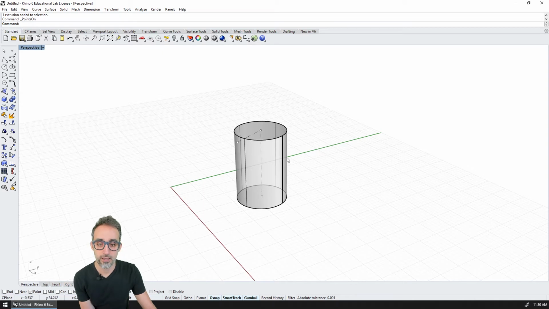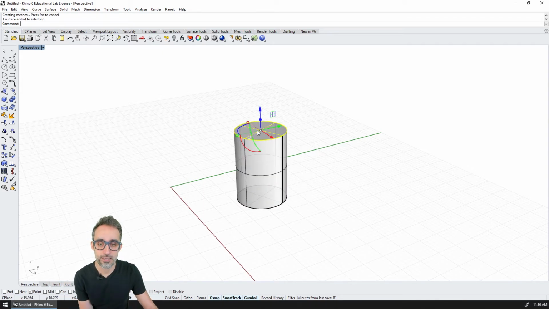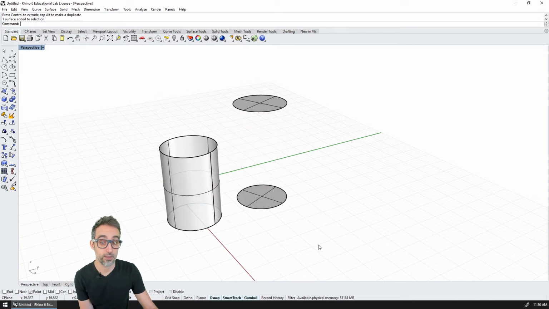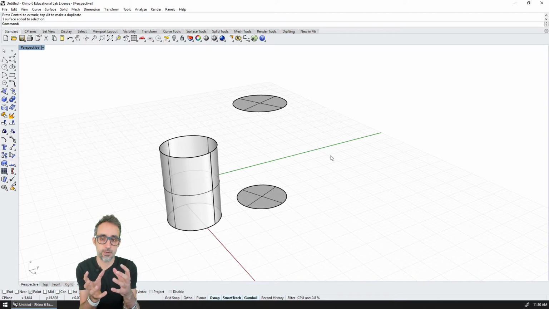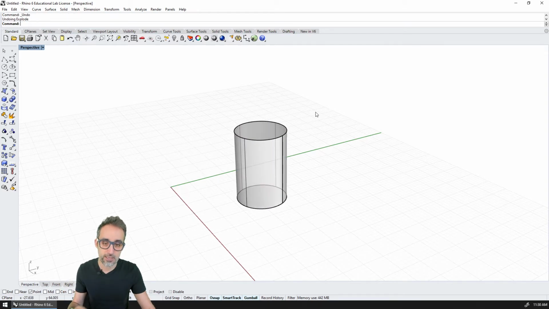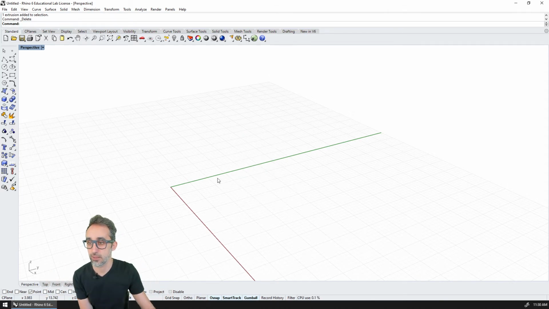If I explode it, you can see that it's one surface here, then the cylinder surface, and the other one here, right? So this is the concept of B-rep. A B-rep is just a collection of surfaces, typically one that encloses a watertight space, a space that has no gaps inside of it. And for us, it gives the impression of a solid object, but it's not really solid. It's just a bunch of surfaces together.